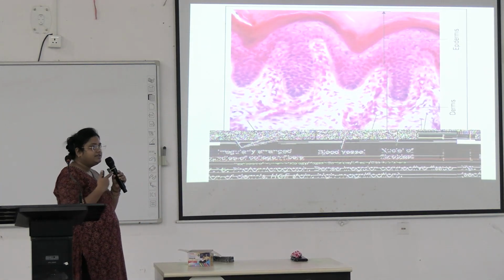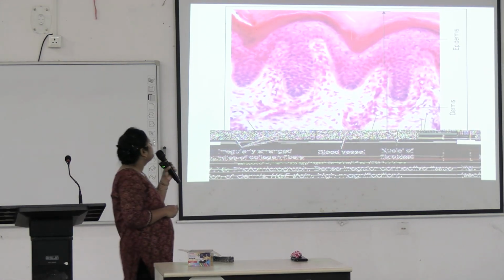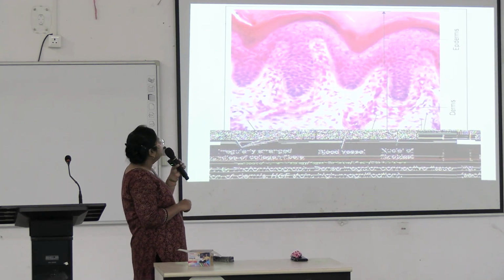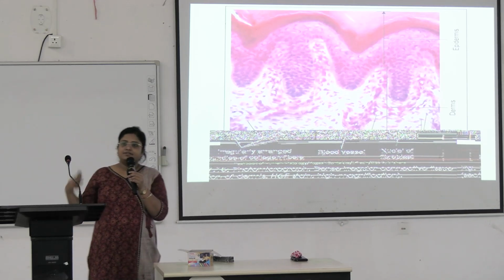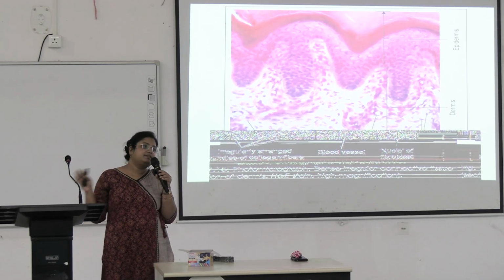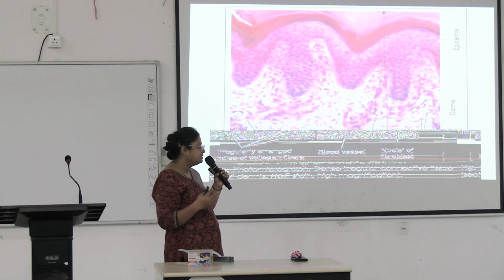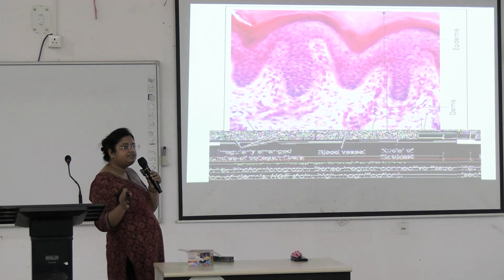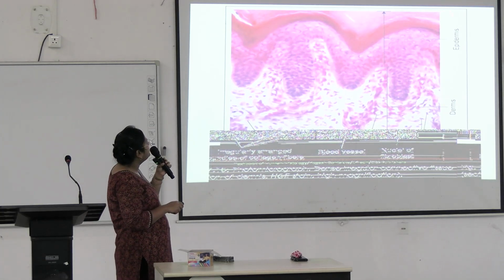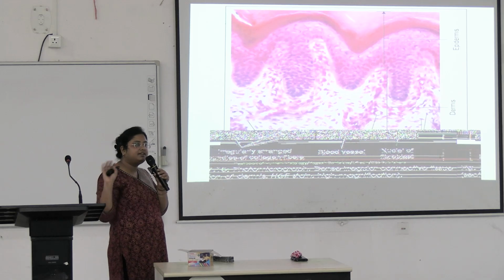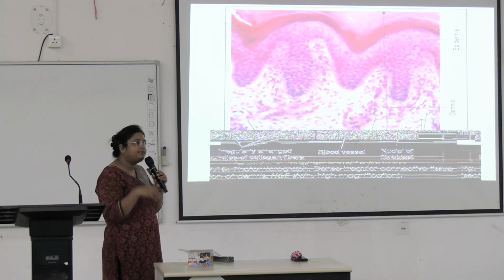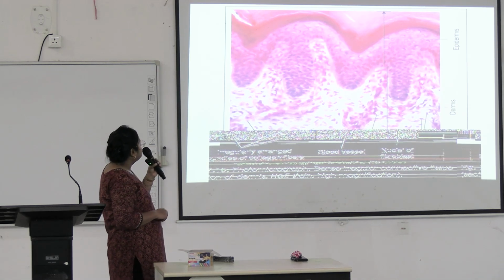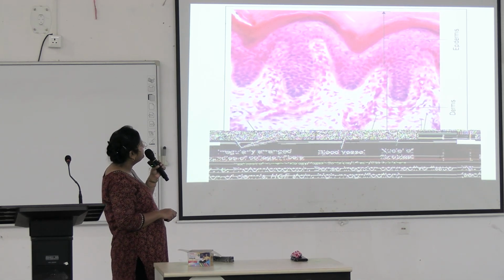This is an HE staining slide of skin. Okay, see, up to this level, this is epidermis. Okay, epidermis consists of multiple layers of cells. It is formed by stratified squamous keratinized epithelium. Okay, so cells are located in multiple layers. That's why stratified. And this pink layer covering the surface is dead cells that do not contain any nuclei, forming the keratin covering.